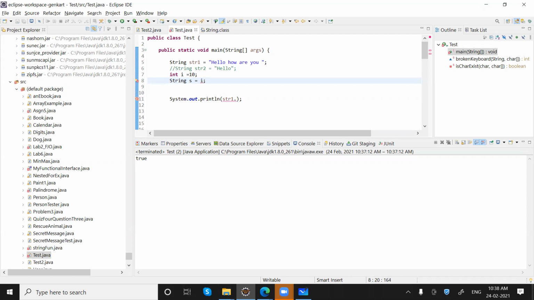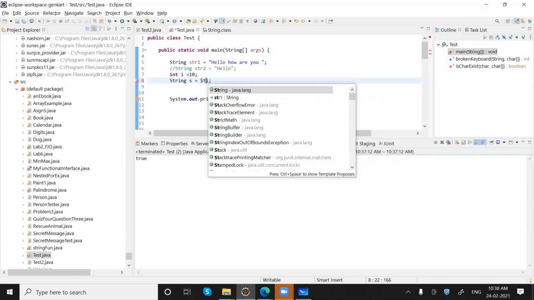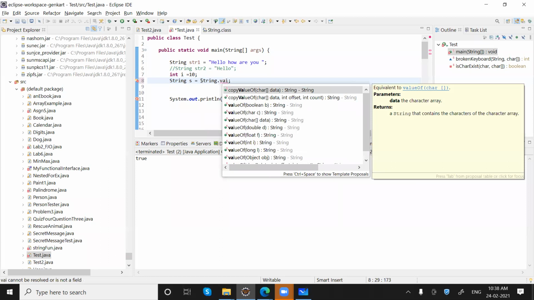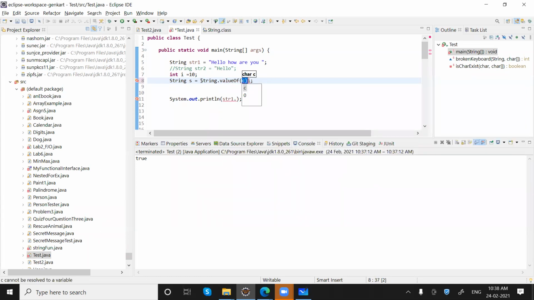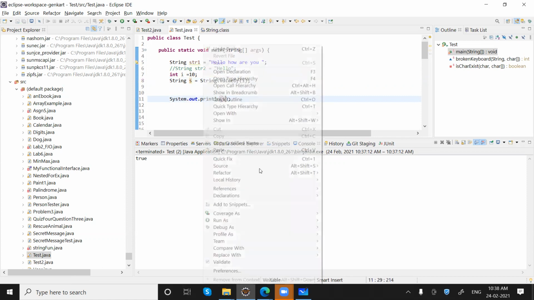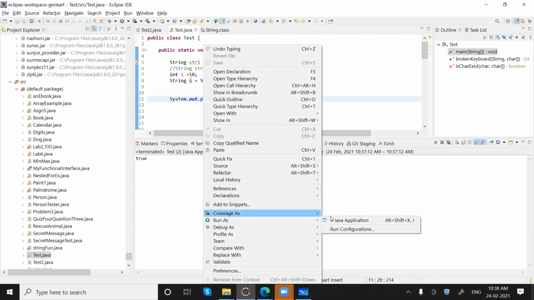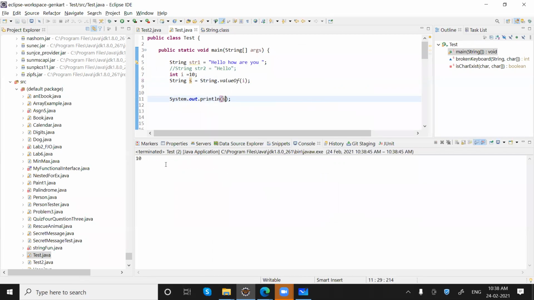What we can do is we can say String.valueOf, and we can pass this into the String valueOf method, and we can try to print it. So this time the 10 is not itself an integer, it's a string, right?